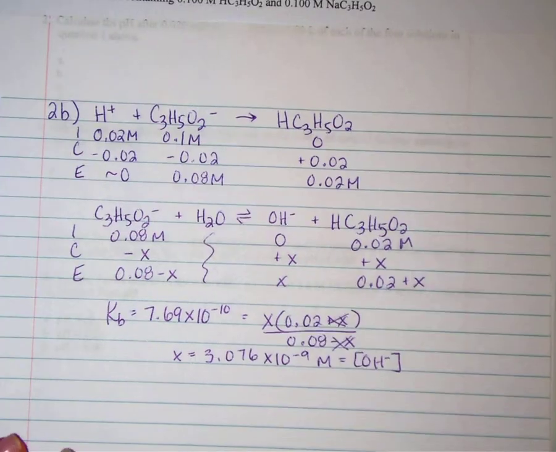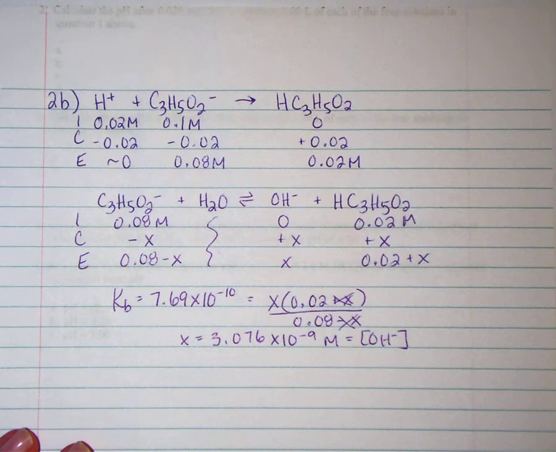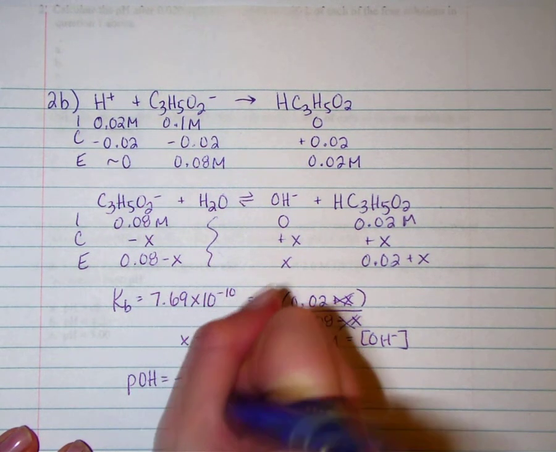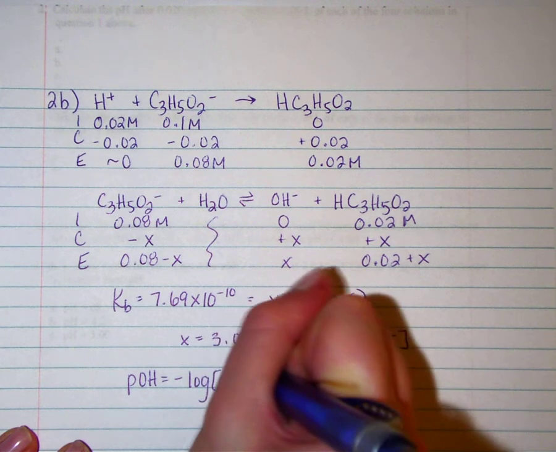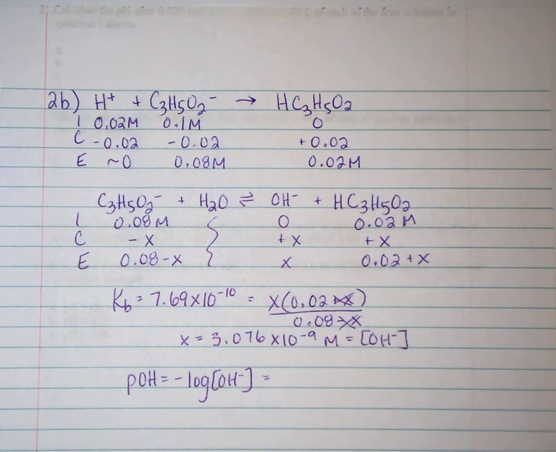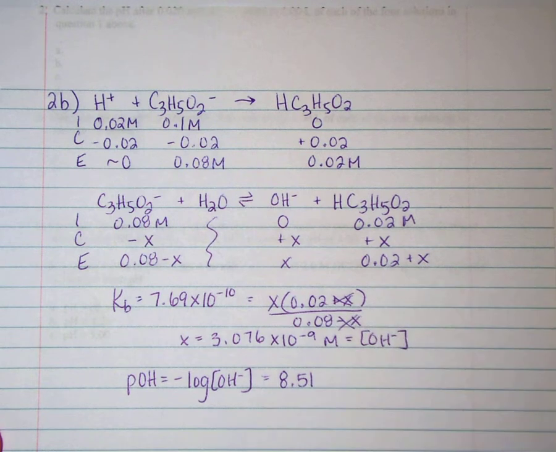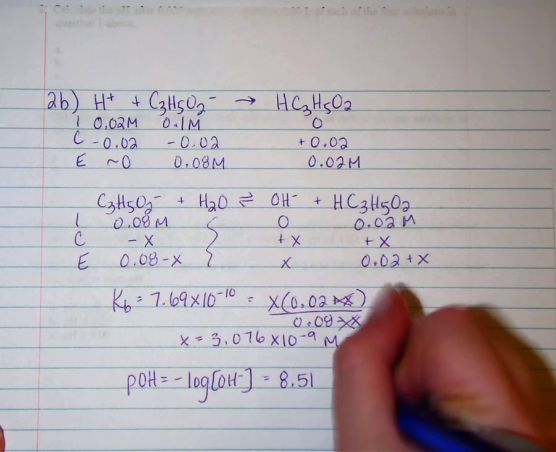So again, I'm going to find the pOH since I have no H+. So pOH is the negative log of the OH minus concentration we just found. So why don't you in your calculator find the negative log of that while I do it. I get 8.51 is the pOH, which means the pH